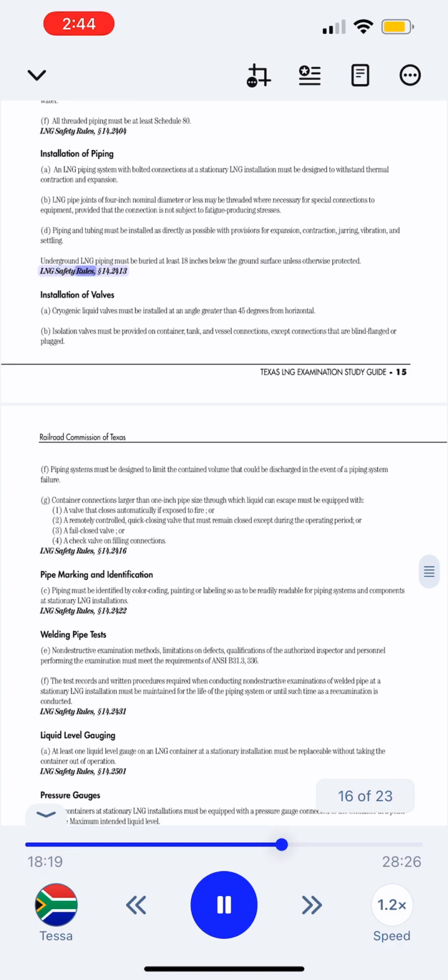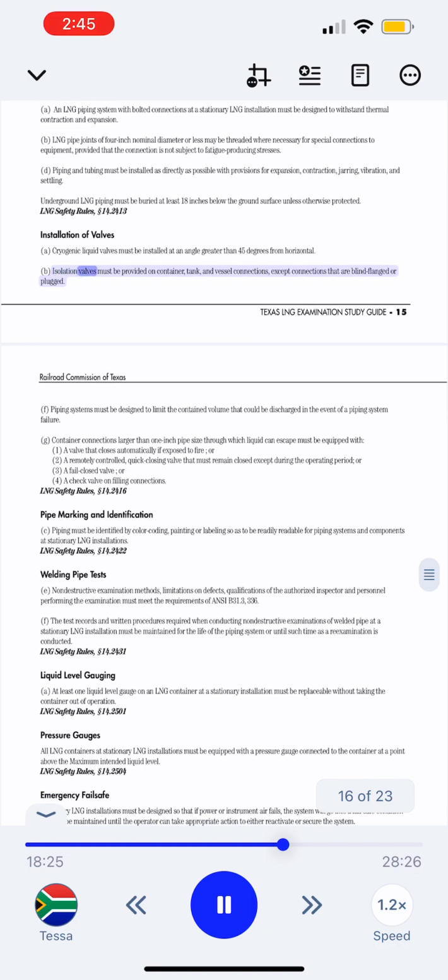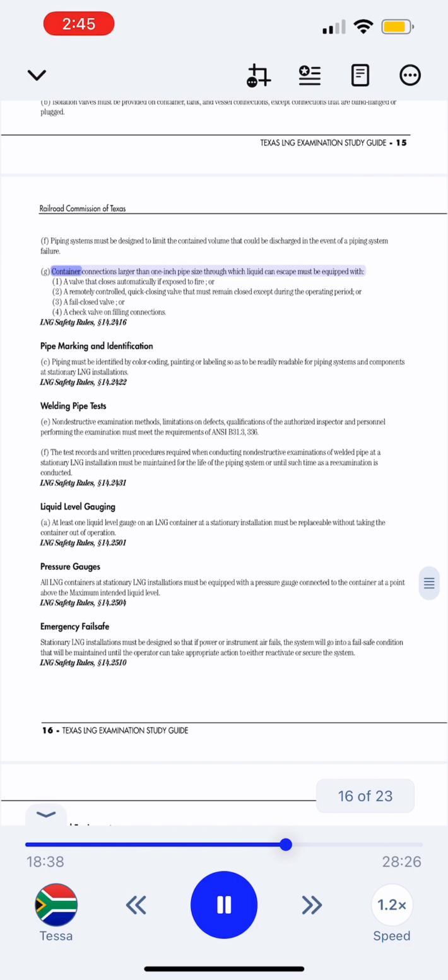LNG safety rules. Point 2413. Installation of valves. Cryogenic liquid valves must be installed at an angle greater than 45 degrees from horizontal. B. Isolation valves must be provided on container, tank, and vessel connections, except connections that are blind flanged or plugged. F. Piping systems must be designed to limit the contained volume that could be discharged in the event of a piping system failure. G. Container connections larger than 1-inch pipe size through which liquid can escape must be equipped with